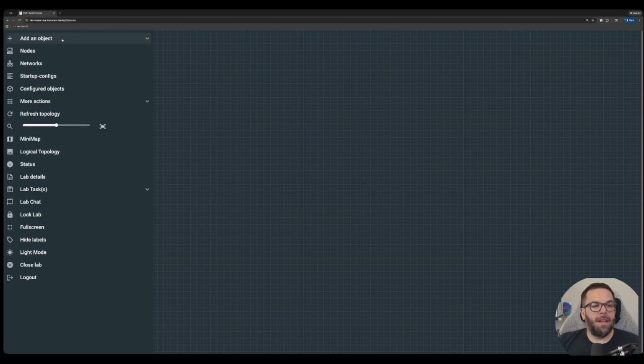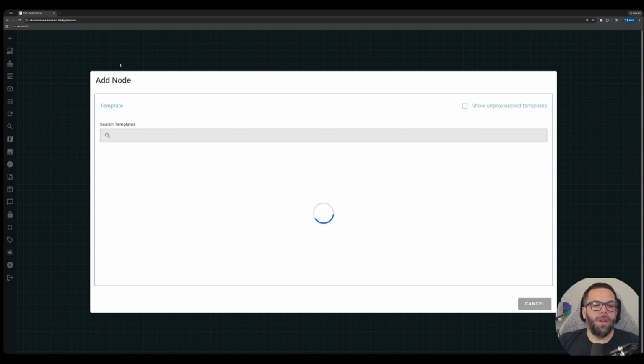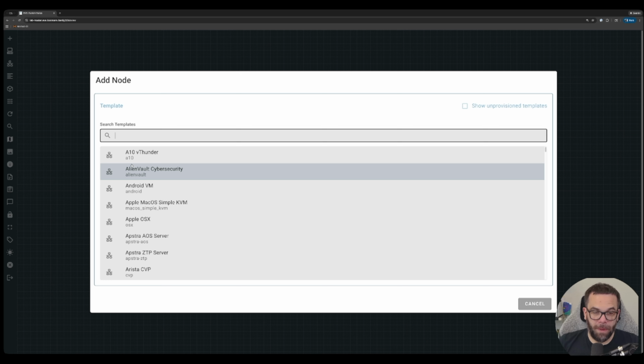So let's add some objects. So we're going to add 2 nodes. We're going to add a network, and we're going to do some other cool things so we can see how all that lays out. So we are going to add, we're going to go to,